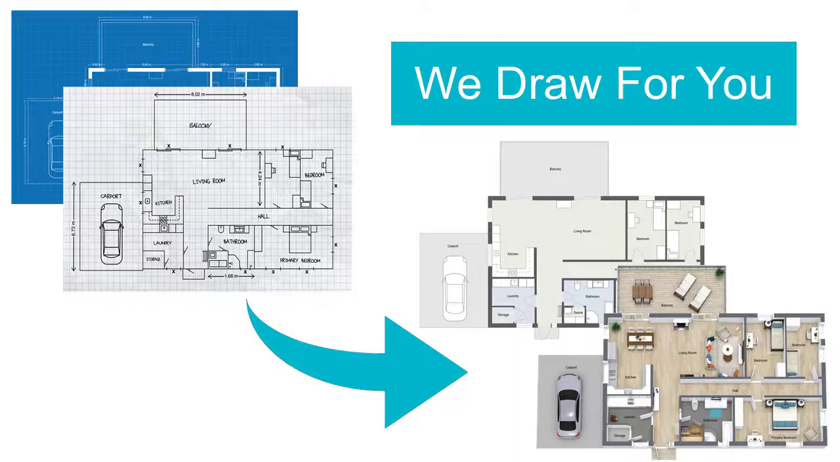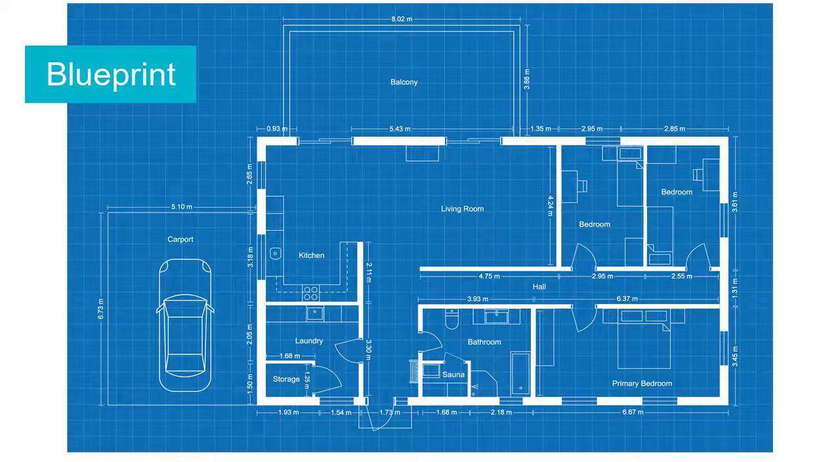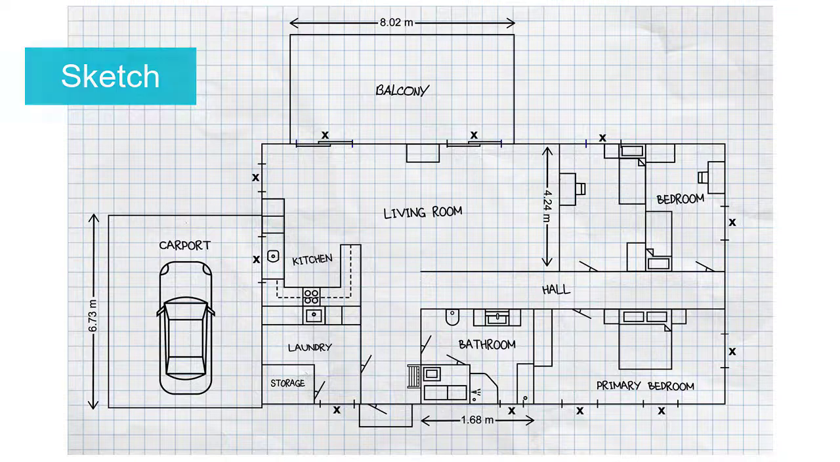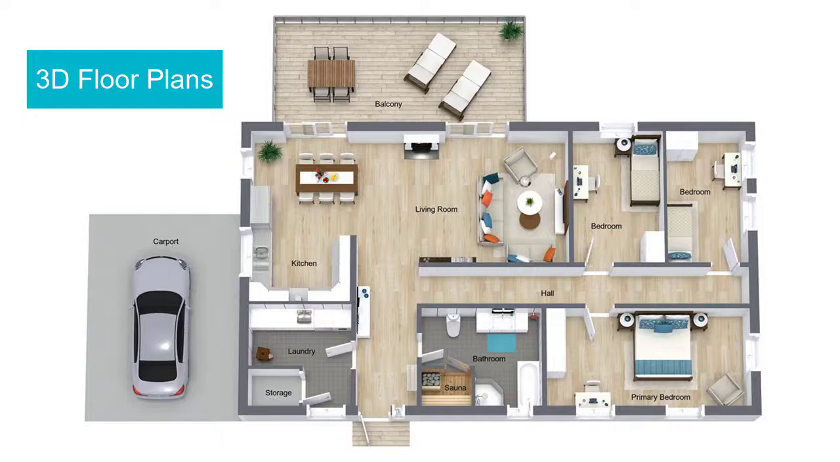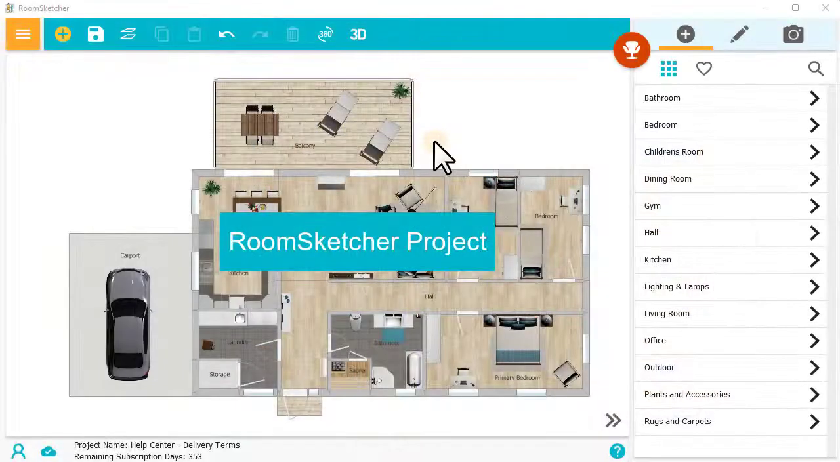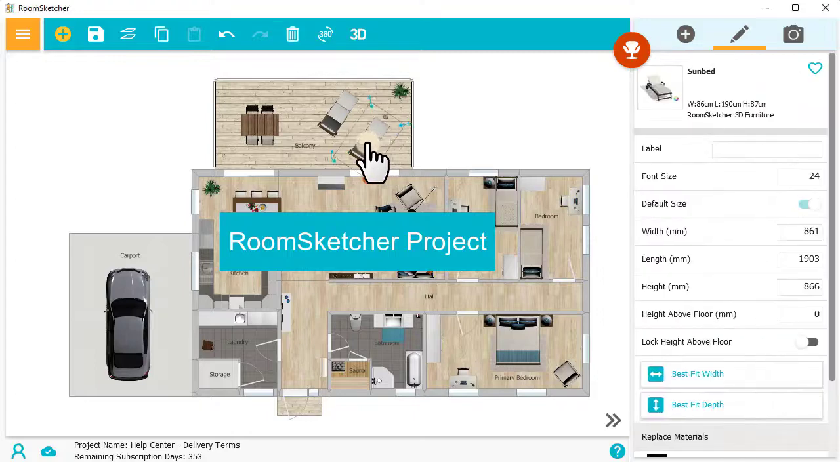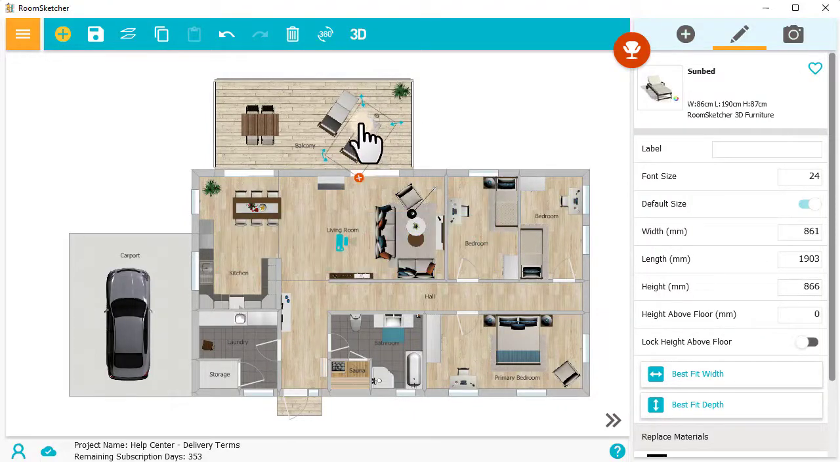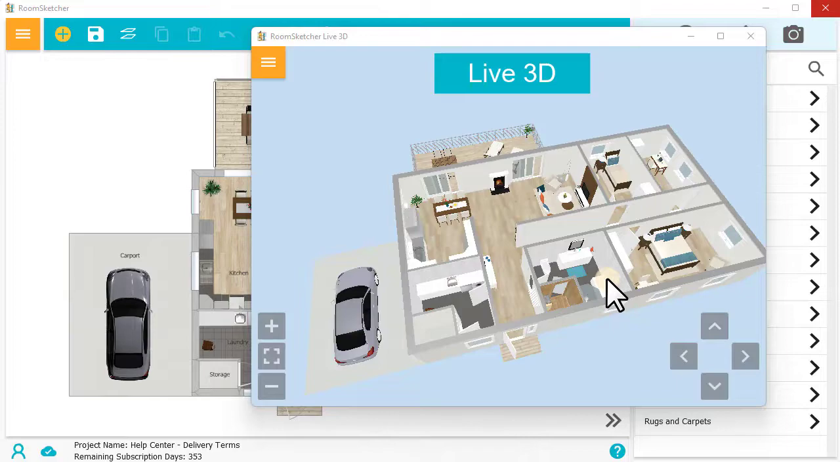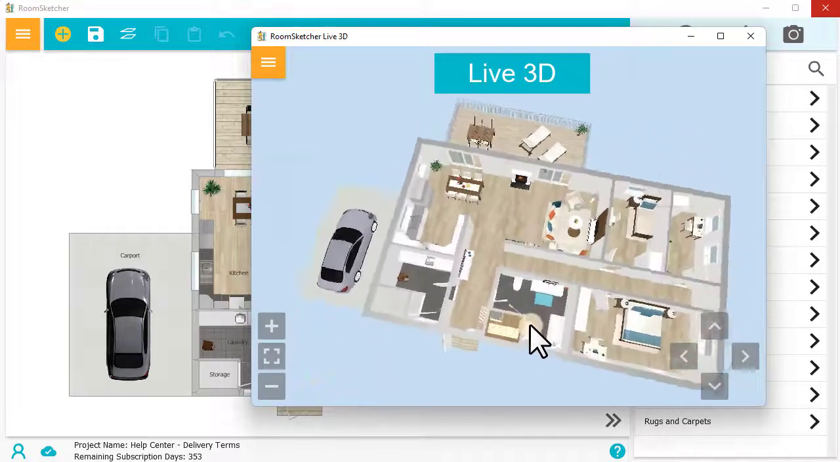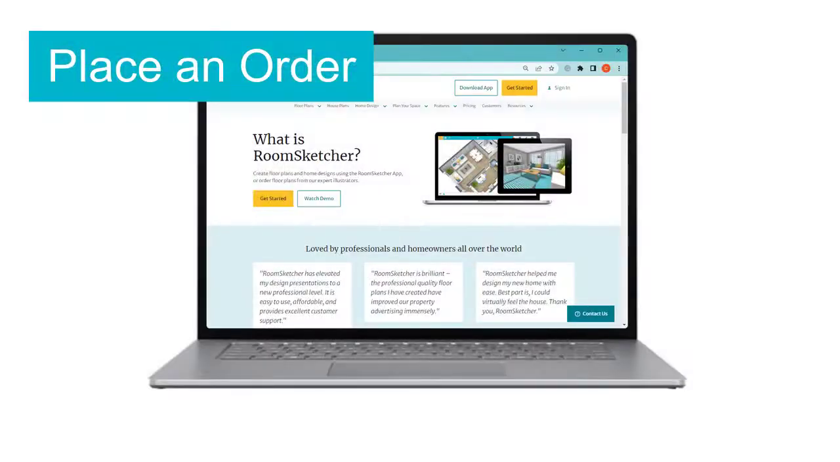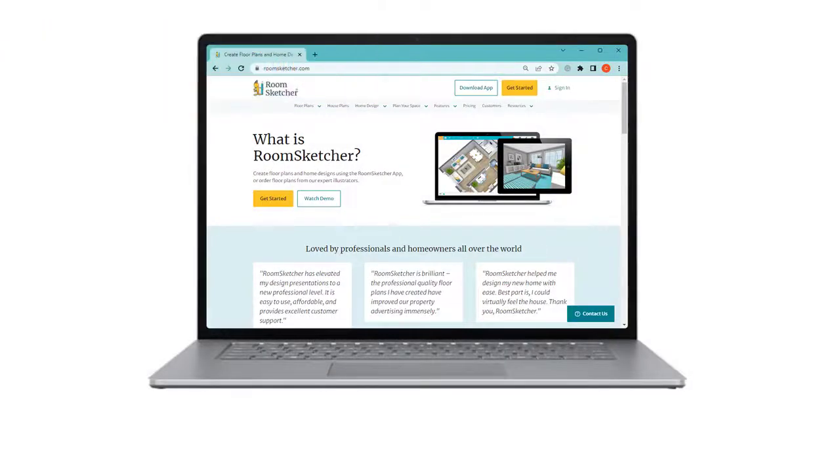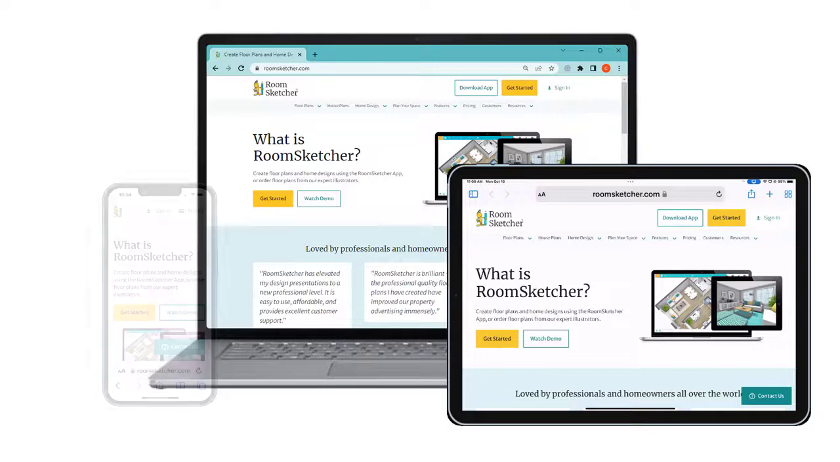Want us to draw for you? Just provide a blueprint or sketch, and we'll create professional 2D and 3D floor plans that you can download and print, and a complete RoomSketcher project. You can easily edit your floor plans in the RoomSketcher app, plus experience them in interactive live 3D, from above or right inside. To place an order, just head over to the RoomSketcher website on a computer, tablet, or phone